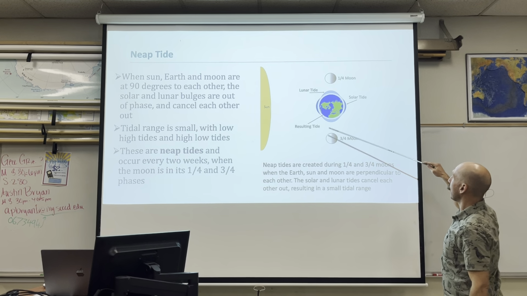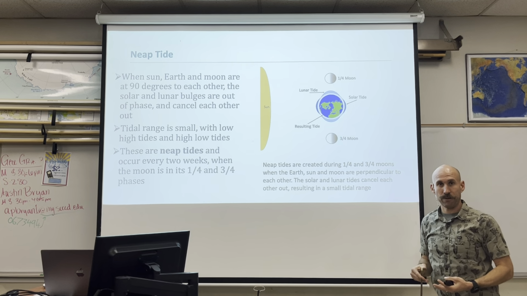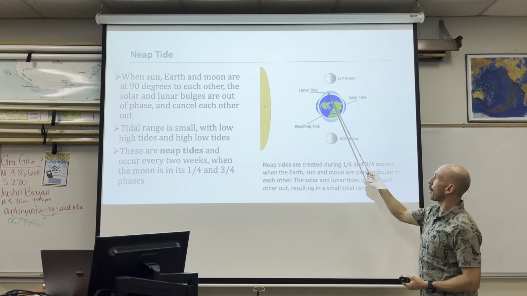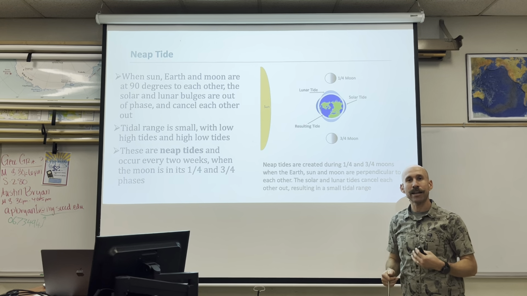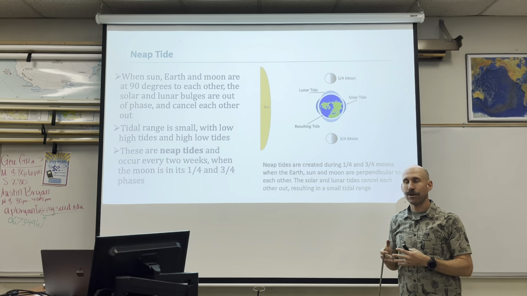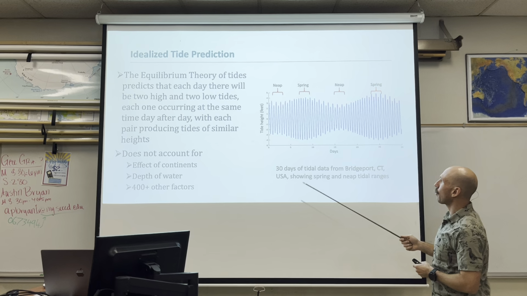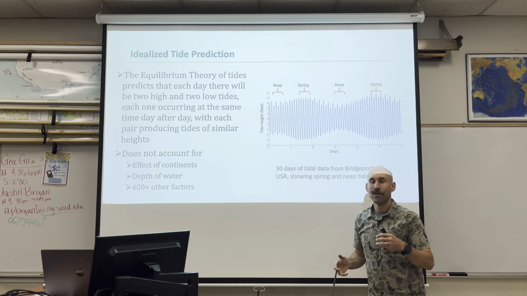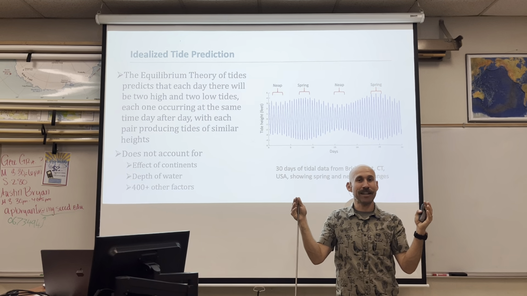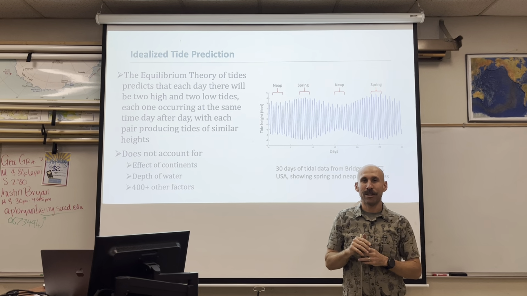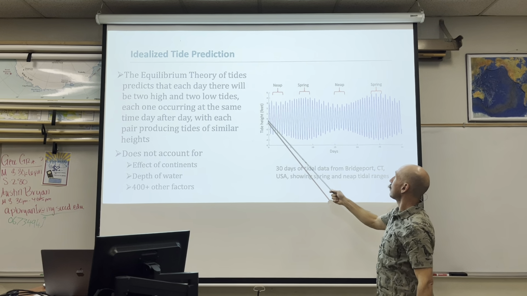At quarter moon and three-quarter moon, the solar bulge and the lunar bulge are opposite each other. So the tidal range is going to be the smallest, the lowest high tides and the highest low tides. I know this is confusing. Stay with me. So depending on where the moon is relative to the sun, we have high tides and low tides, or not so much. The difference between the highest high tide and the lowest low tide changes, giving us an